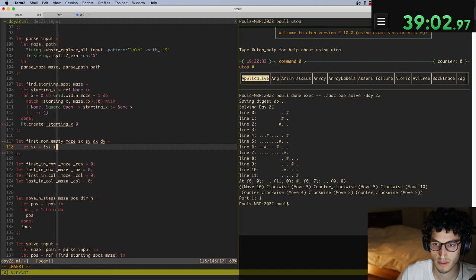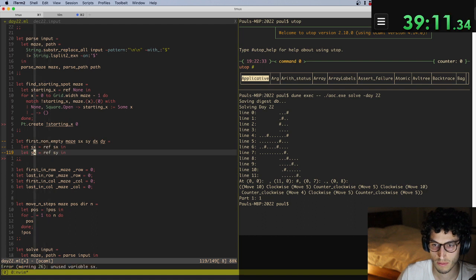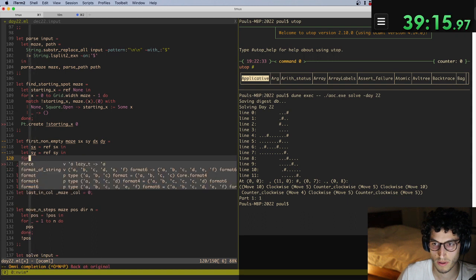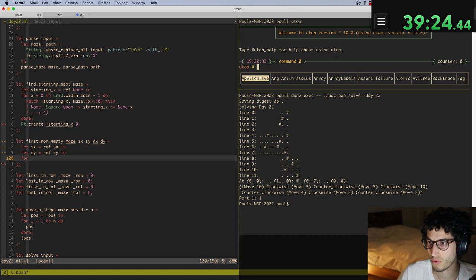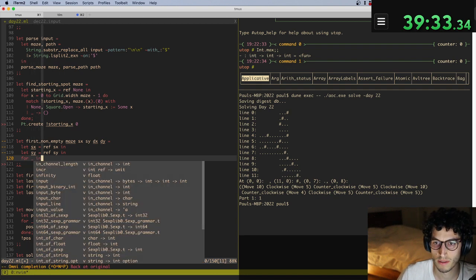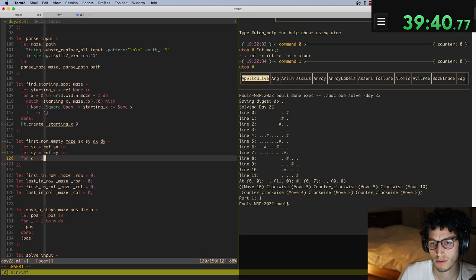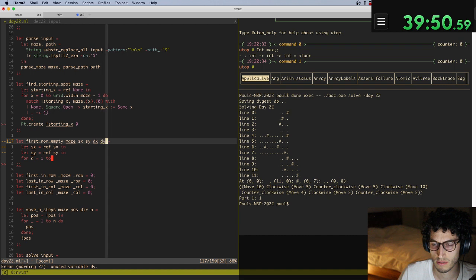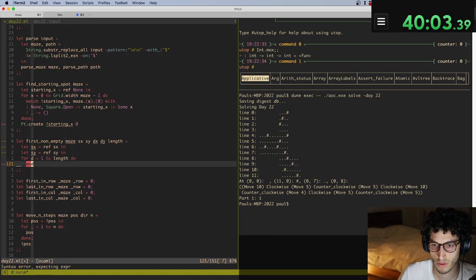Let sx equals sx in ref. In for d equals 1 to length do